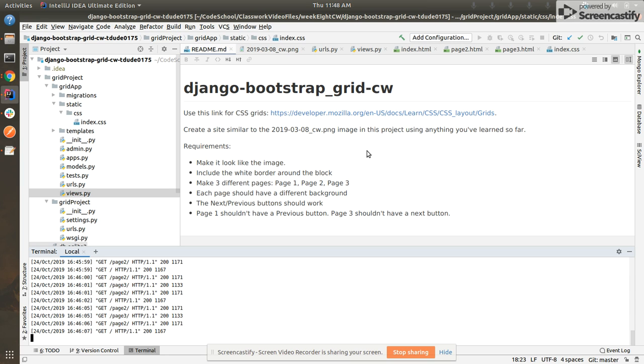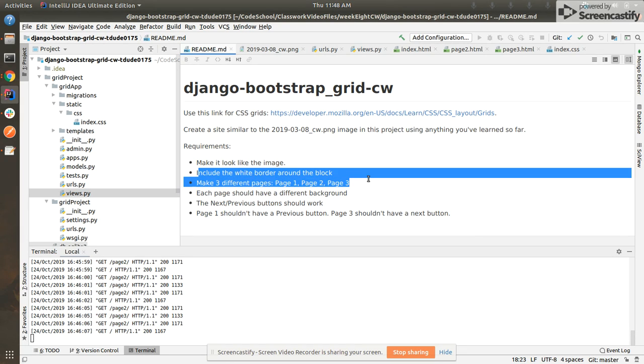Okay, so today we'll be going over the Django-Bootstrap-grid classwork. First, let's read the instructions. Use the link for CSS grids if we are unsure, which we're not going to use. The grid site is similar to the 2019-03's classwork page image. In this project, using anything you've learned so far, make it look like the image, click the white border around